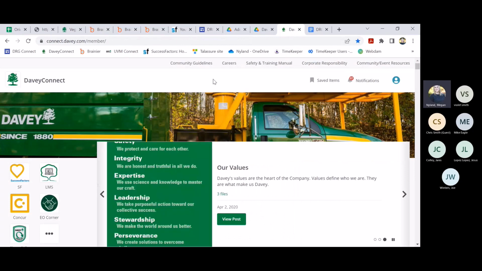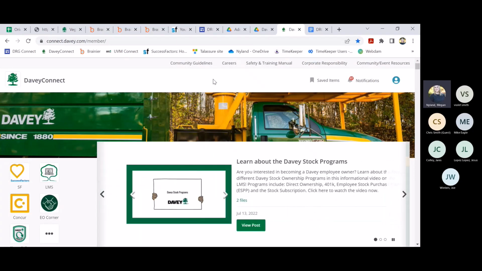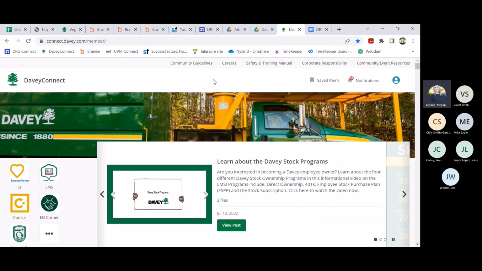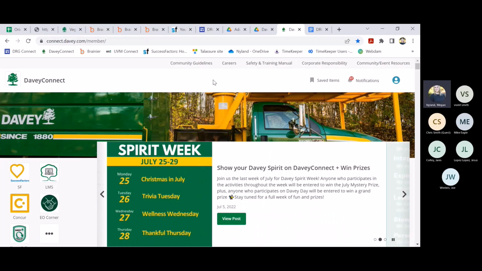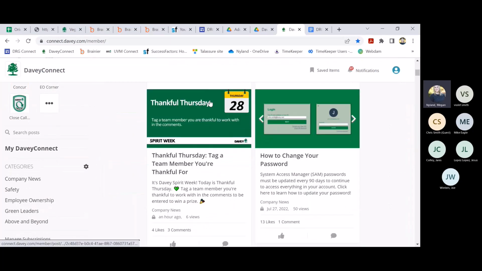Last site that I want to touch is our Davie Connect site. This is a site that is for all employees of the company, so it's a little bit more broad and general in the information. There is a Davie Connect mobile app also that I would encourage you to download. Some of the stuff you see scrolling through here is the type of things you'll see, kind of like a Facebook or something like that. They're going to do posts on